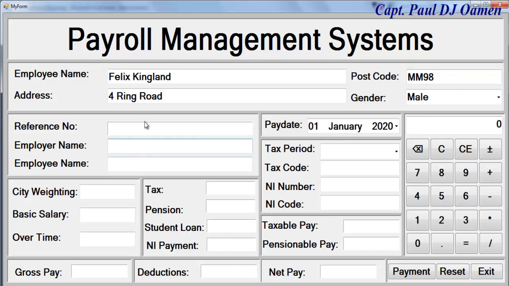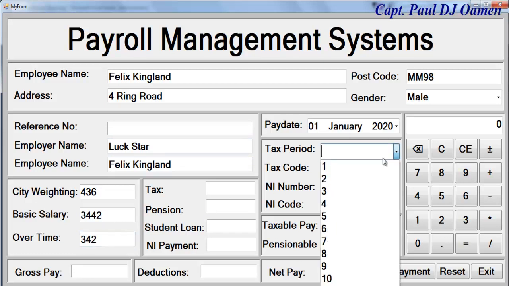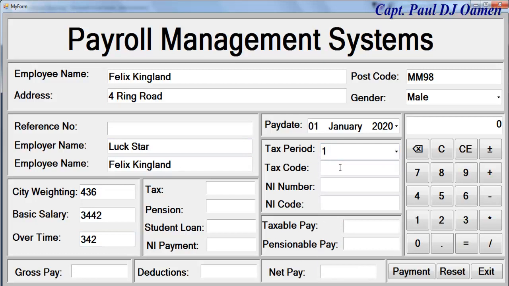And in here, employee name. So let's say that's Lucky Star. And we have Felix Kingsland here. It says city waiting allowance and monthly wage and overtime. And in here we have tax period 1 because it's the very first month of the year,